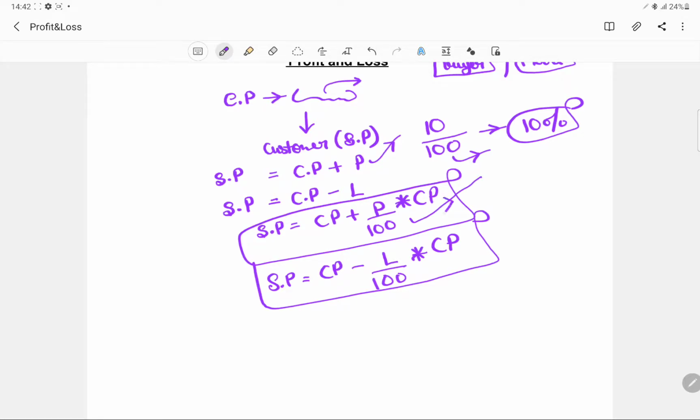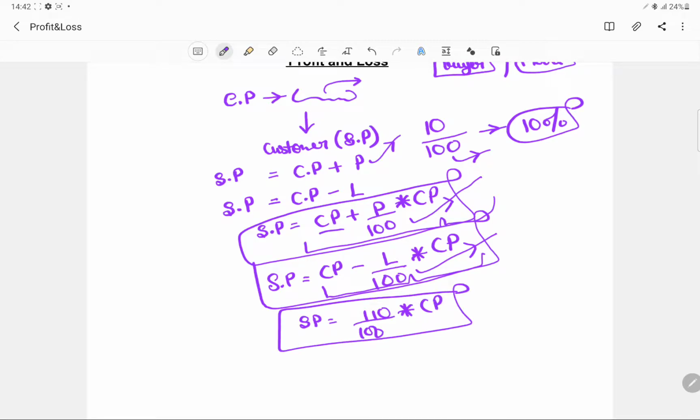Now we will actually see, this is what we are calculating. We are calculating the increase, and then we are calculating the increased value. We are calculating the loss, then we are calculating the decreased value. But we will be doing it directly. For example, we had a profit of 10%, so we will directly write selling price is equals to 110 upon 100 into cost price, or, we had a 10% loss, so selling price is equals to 90 upon 100 into cost price. ठीक है, that is what we will be doing.